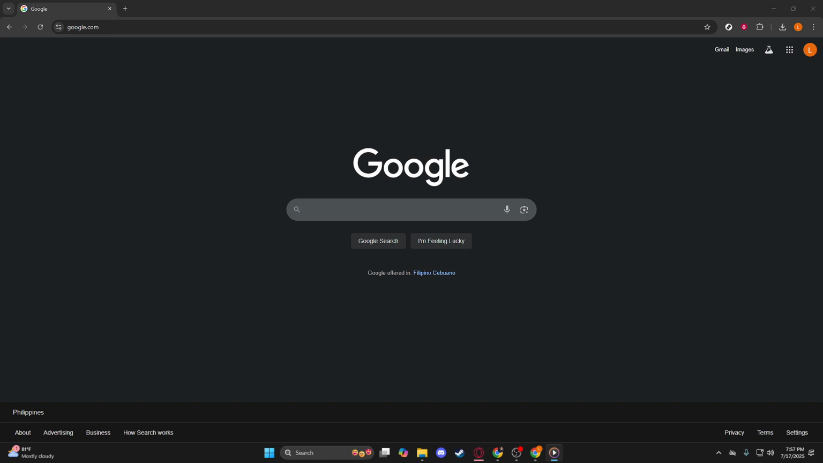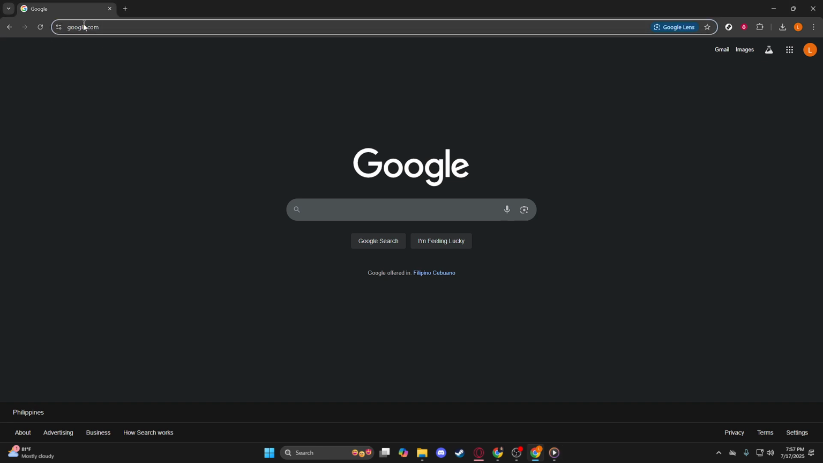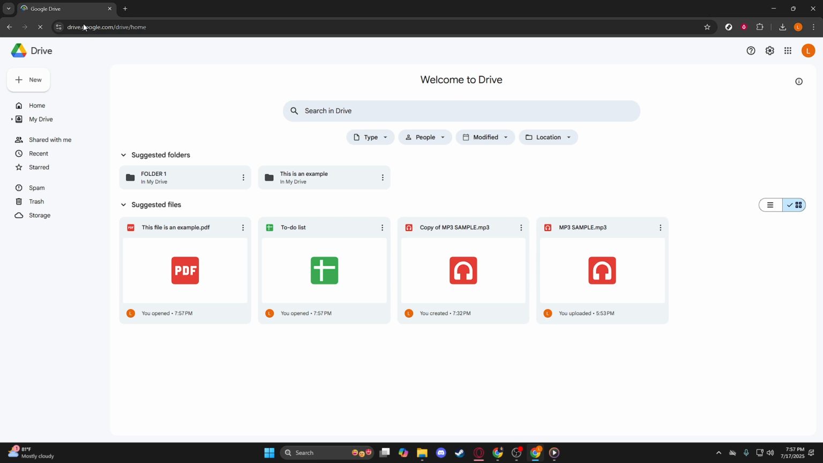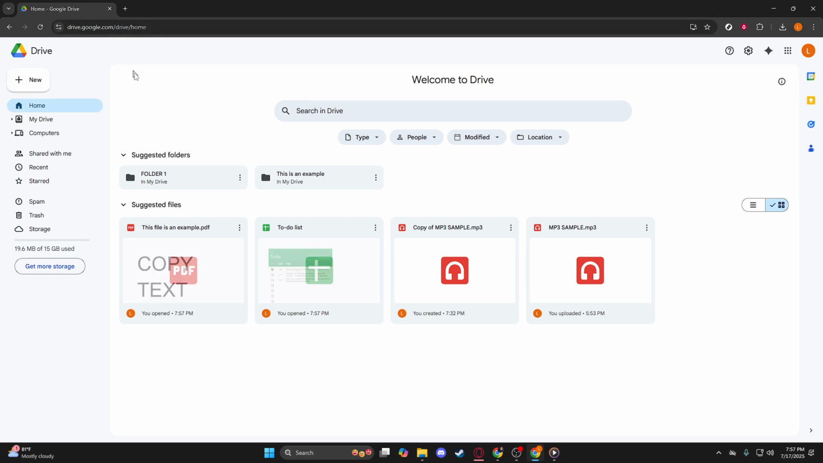First, you'll want to open your web browser and head on over to Google Drive. You can do this by typing drive.google.com into your address bar. Once you hit enter, you'll be taken to your Google Drive homepage. For those of you who may not be familiar, Google Drive is a fantastic cloud storage service that allows you to save and share files across the internet with ease, which makes it easier to access your documents from anywhere